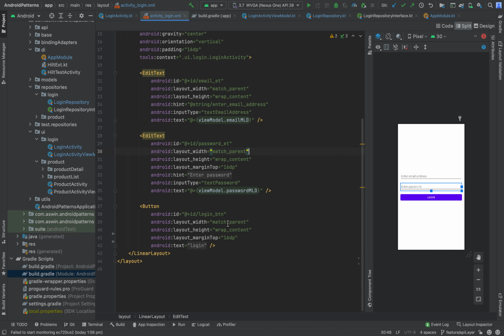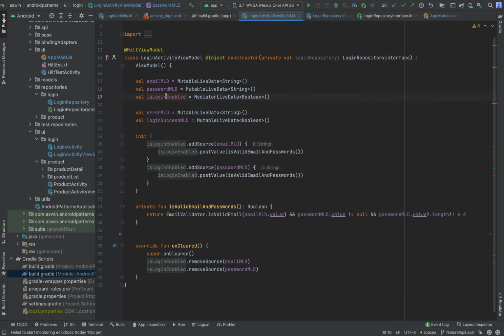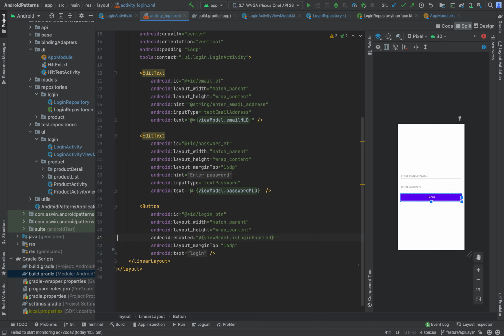And for button, we are going to enable the button only when email and password is valid. For that, we already have created a Boolean mutable live data that is based on email and password value. So we need to enable the button only when the live data is true. Next, we need to handle the user action.